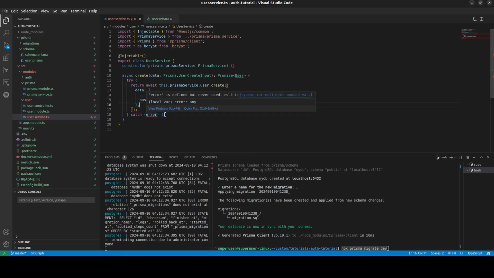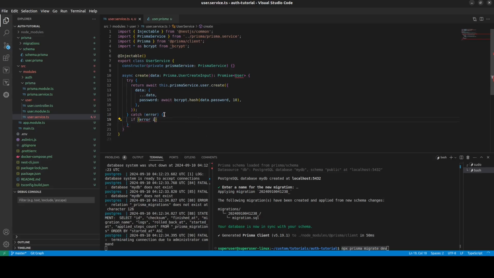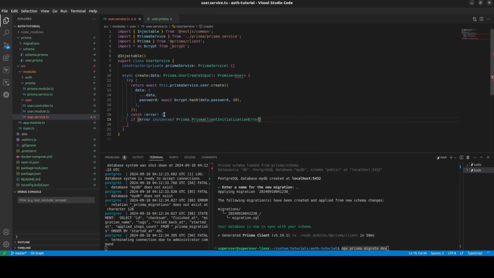Now here we have to catch the errors. So if the error is an instance of the Prisma client known request error, and the error code equals... This is a bit sketchy. You have to look this up online. In Prisma,